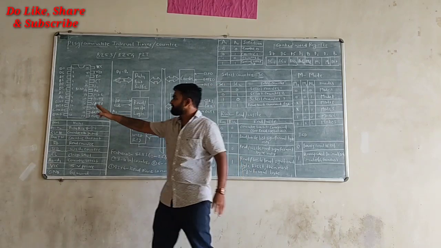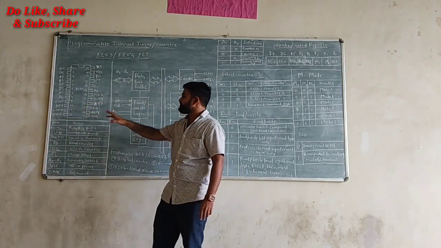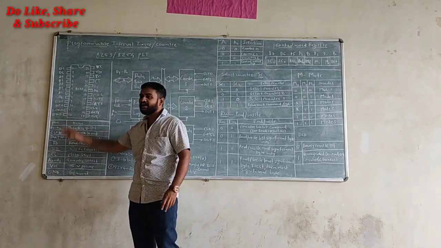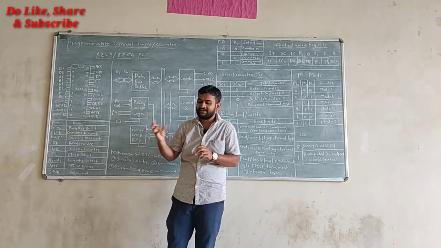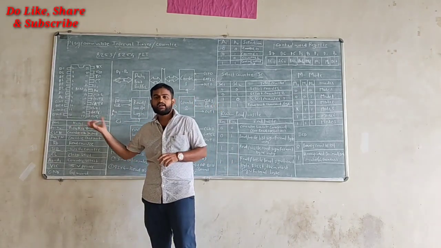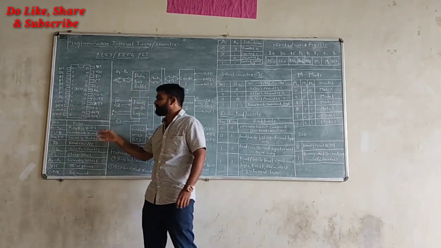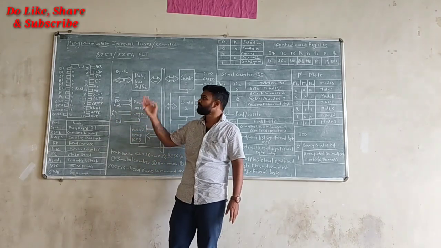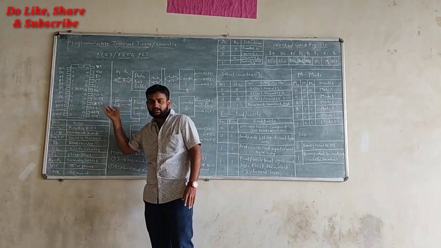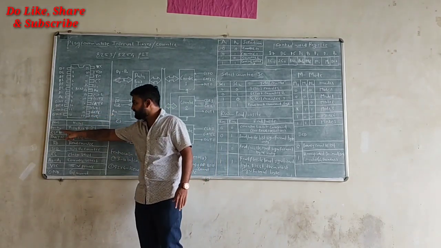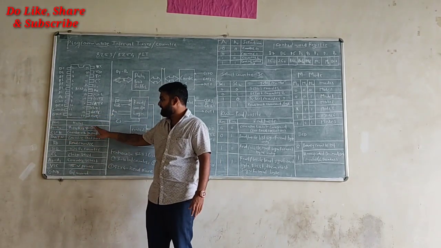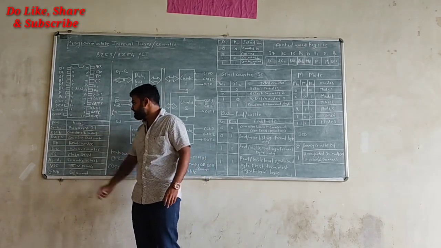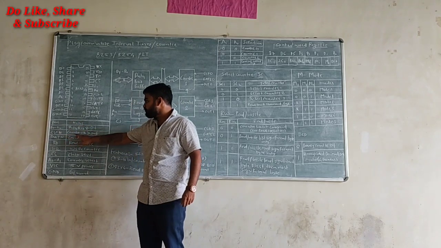This is the pin diagram of the 8253, which has a total of 24 pins. Among them, 8 pins are used as a bidirectional data bus for interfacing with the 8085 microprocessor. By using this 8-bit bidirectional data bus, we can interface a microprocessor with the programmable timer and counter. The first pins are D0 to D7 as the 8-bit bidirectional data bus. Second we have CLK n, the counter clock input.